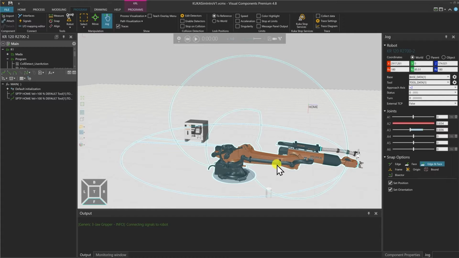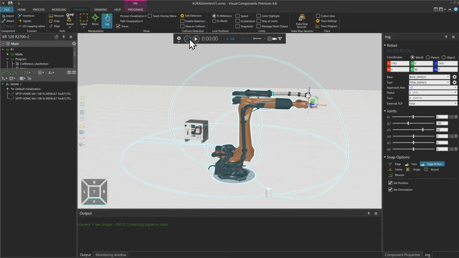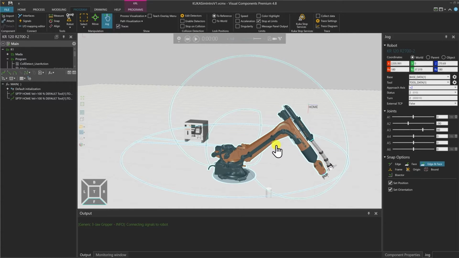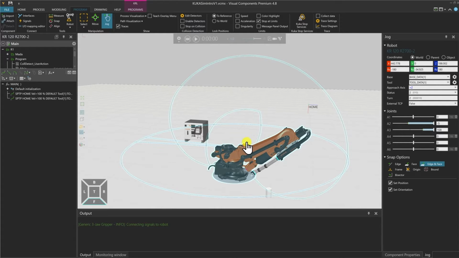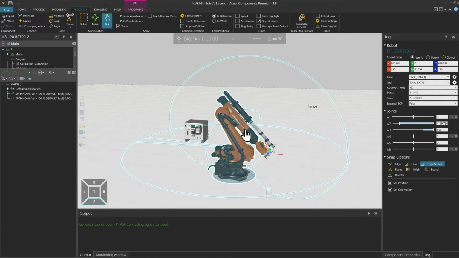And now you will see that axis 2 is over the limits. So I will reset it and select this stop at limits option here in the limits group. And now if I do the same thing again, if I move my axis 2 all the way down, it will stop at -5 degrees. And now I can continue with the follow-up of this little line.